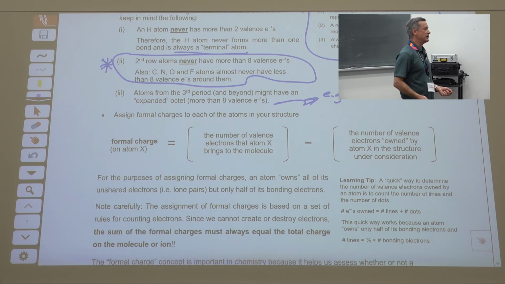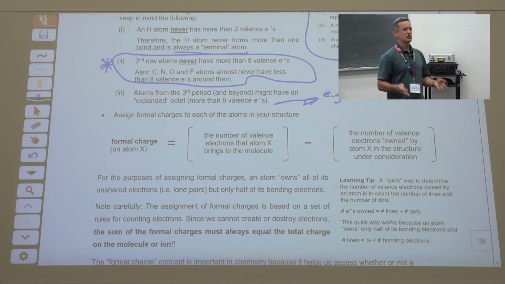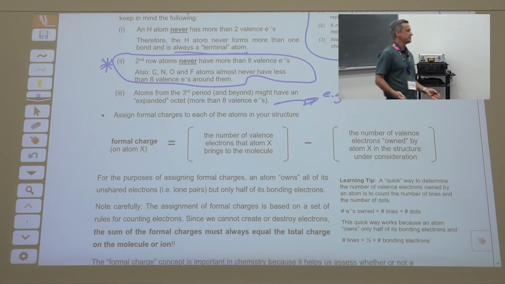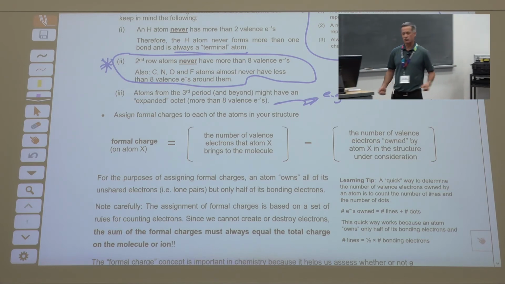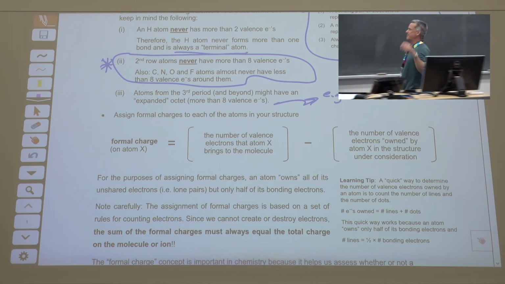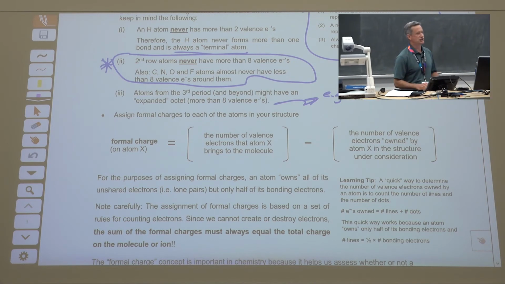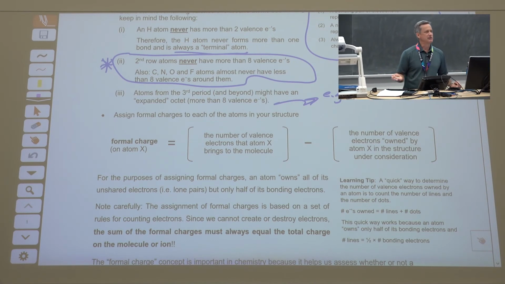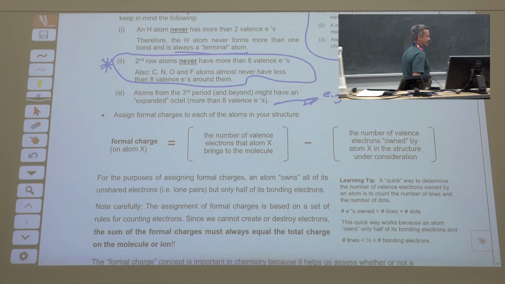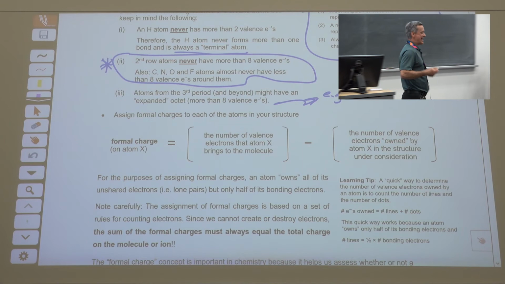Okay, a fair number, not all. Formal charge is very important for assessing structures. There's a definition that's given here. It's a mathematical definition. I don't use the mathematical definition. I use a conceptual approach. The formal charge is the charge an atom would have